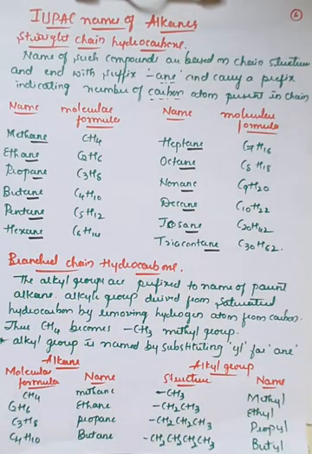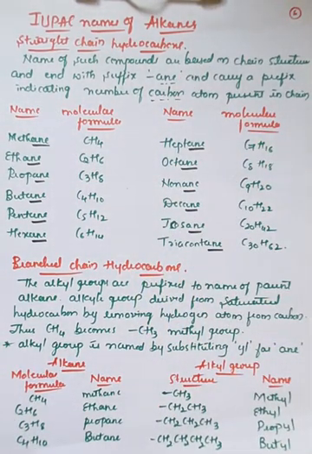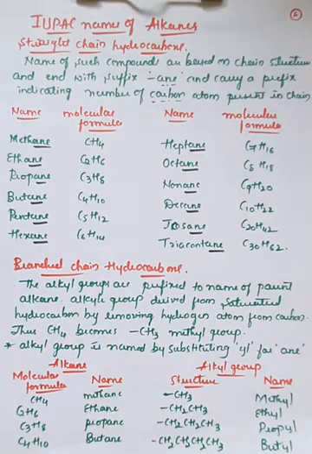Further that we'll discuss in the next class also. So up to now, remember the straight chain hydrocarbons and some examples regarding branched chain hydrocarbons. If you have any doubts, please go through the video twice or thrice, because this is very important. Out of this, one will be for your annual examination for 2 marks: identification of the functional group as well as the identification of the longest chain of carbon atoms. So these two are very important for the nomenclature or naming of any organic compound.